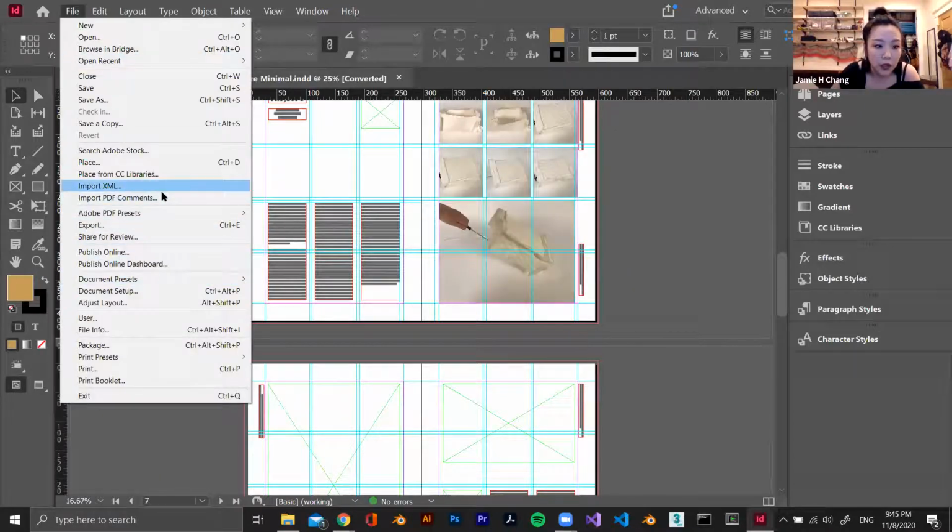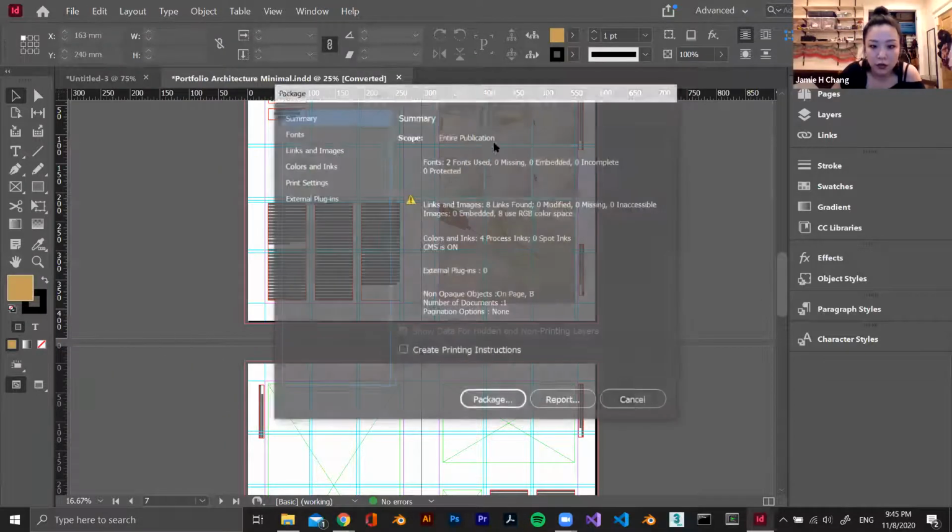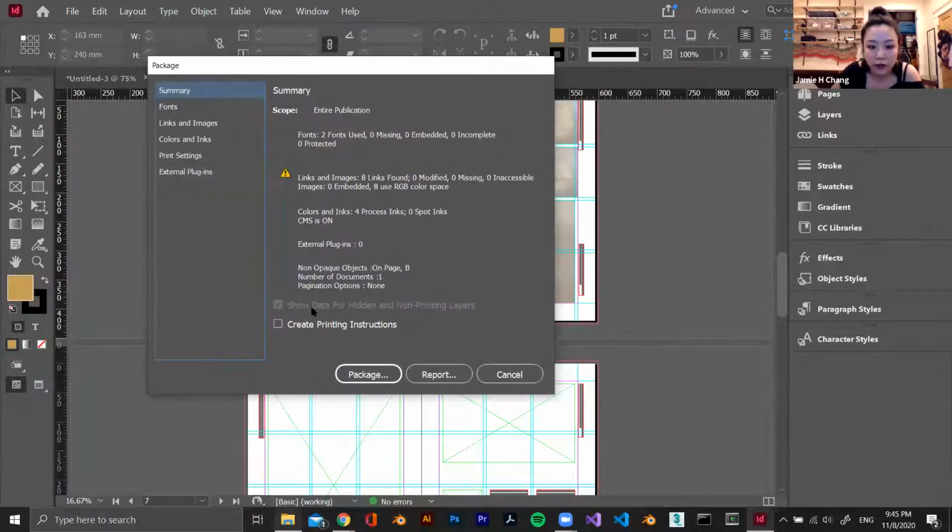But you can also do something called package, which takes all of the images that you found in here and